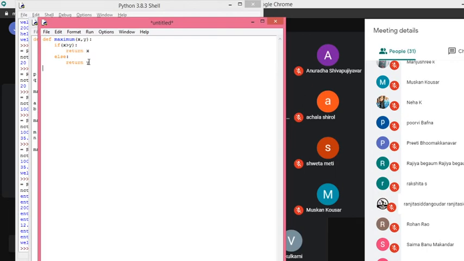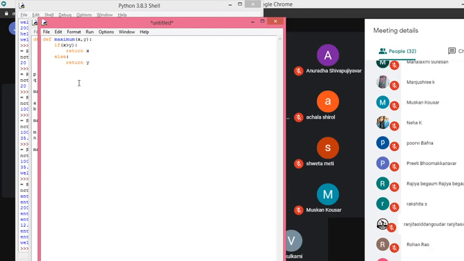In Python, you can return either a single value or multiple values with a simple return statement.